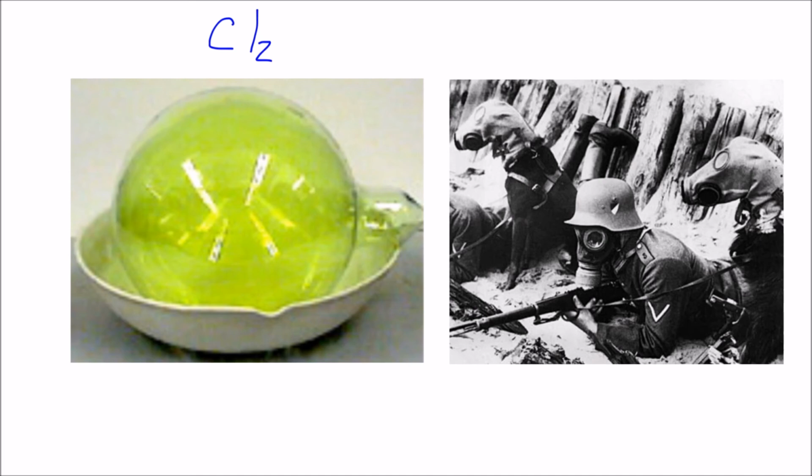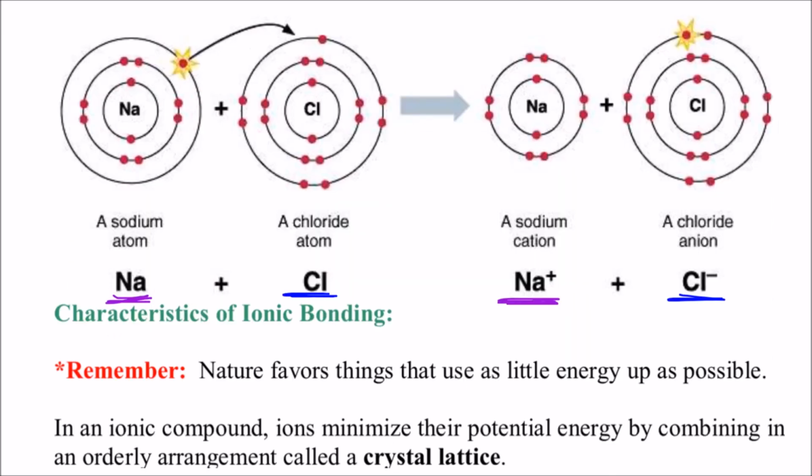Here we have a soldier with a gas mask, and it looks like two dog companions here with a gas mask on in order to prevent succumbing to this mustard gas. That is obviously not the same thing as the chlorine anion that's in table salt. So please understand that these things are different from each other. That one single electron being moved over from the sodium to the chlorine completely changes it and turns this into salt, and this is that explosive metal, and this is that poisonous gas.